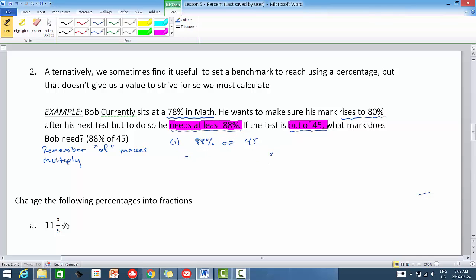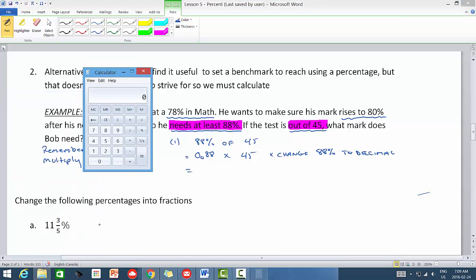Change that to a decimal. So that becomes 0.88 times 45. And on your calculator, you're going to go 88% of 45, or